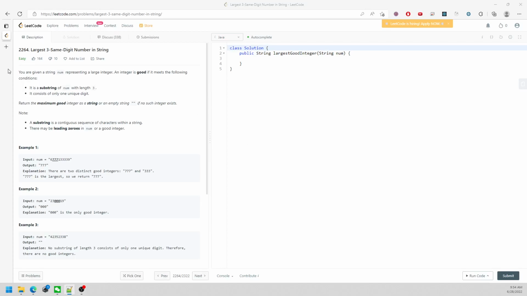Alright, so let's talk about the largest 3 same digits number in the string. You're given a string num, and an integer is good if it meets the requirement: it is a substring of num with length of 3 and only consists of one unique digit, right? So in this question,